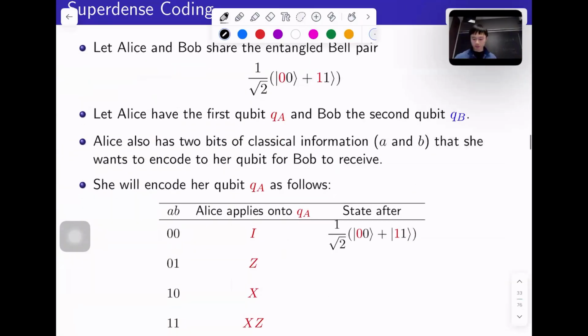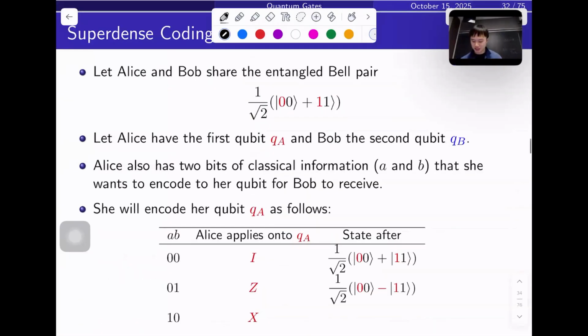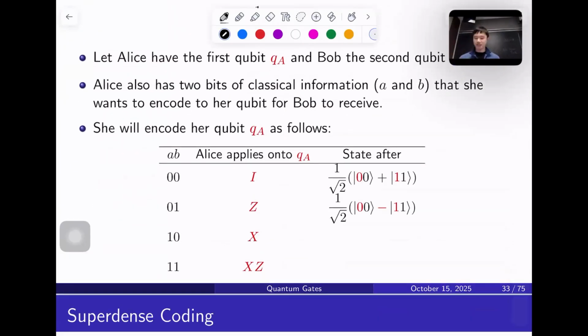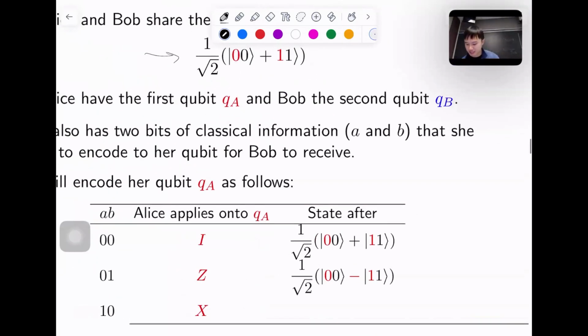Okay. So now, just walking through what this does to our collective state: if I don't do anything, obviously I still have the same state. So that's what this is. And then if I apply a Z to the first qubit, starting with this, it's not going to do anything to the first state. So just to work this one out in more depth,